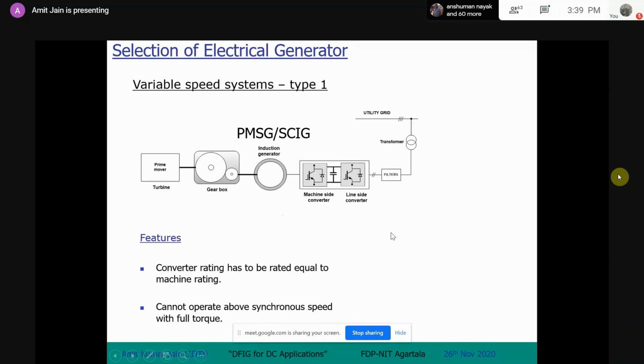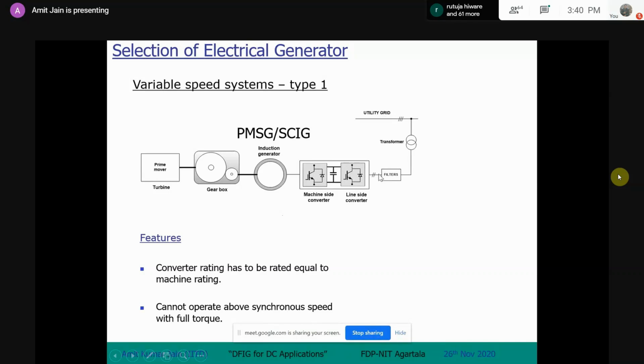So the only thing we can do is convert to DC. Once you convert to DC, it is frequency independent; you can keep any frequency here because you're converting to DC anyway. You take the AC power at variable frequency and variable voltage, and convert it to fixed voltage, 0 Hertz, that is DC. Once you have the DC, you are free to connect to any AC source by modulating the AC voltage generated here by suitably modulating this inverter's switching signals. In that way, the PWM voltages generated here will be of 50 Hertz, and the voltage is